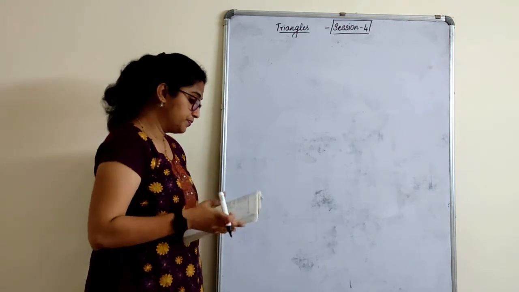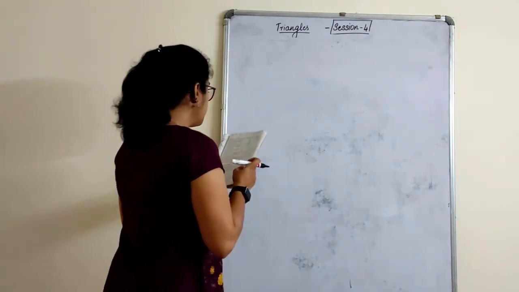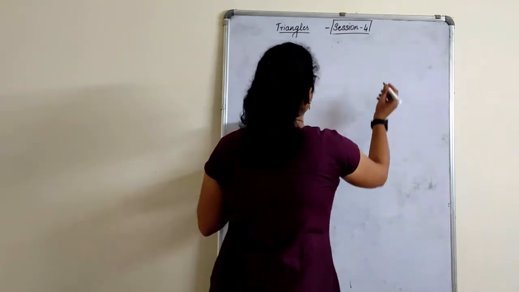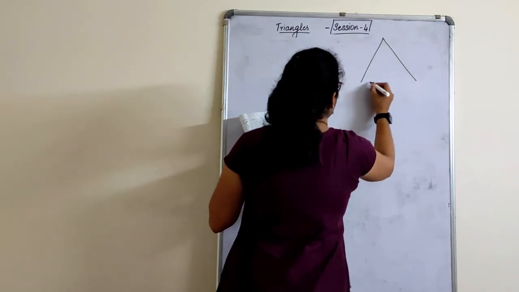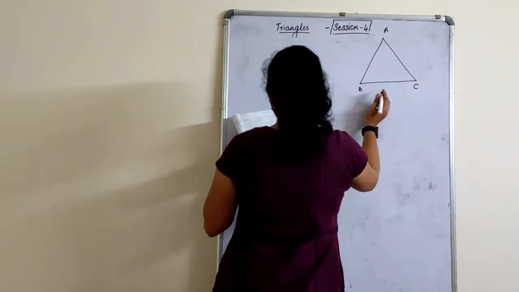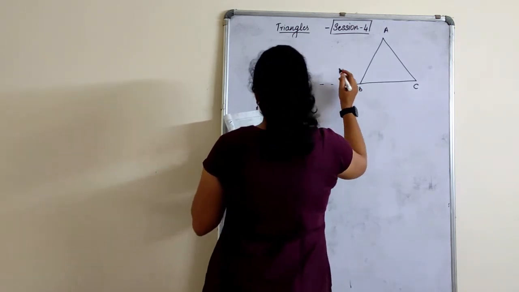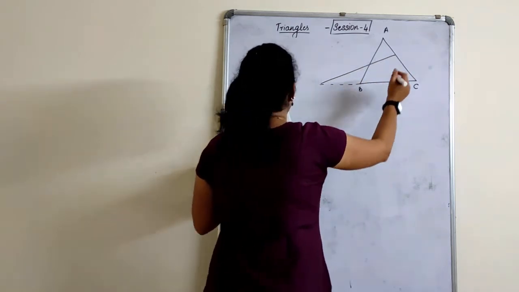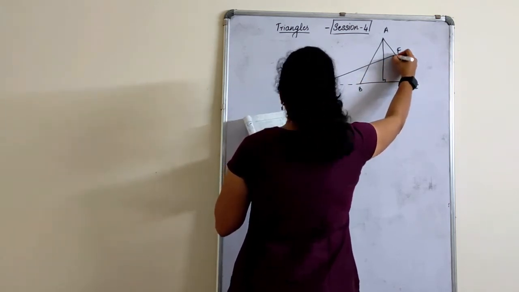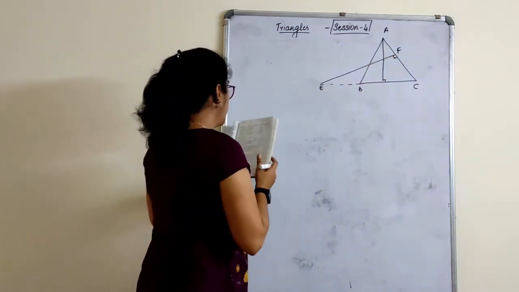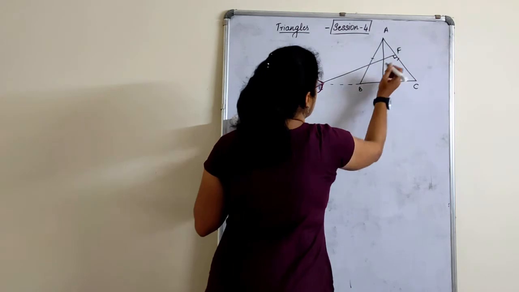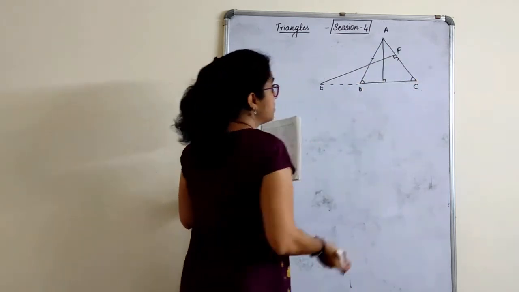So, the 11th one. In the figure, E is a point on side CB produced of an isosceles triangle ABC. Already a figure is given. With that in mind, we will draw it. So, A, B, C. I have to produce the side such that this will go and meet at F, perpendicular, and this is also perpendicular. So, which is an isosceles triangle? Isosceles triangle is ABC. So this side is equal to this side. That means this angle is equal to this angle. Over.